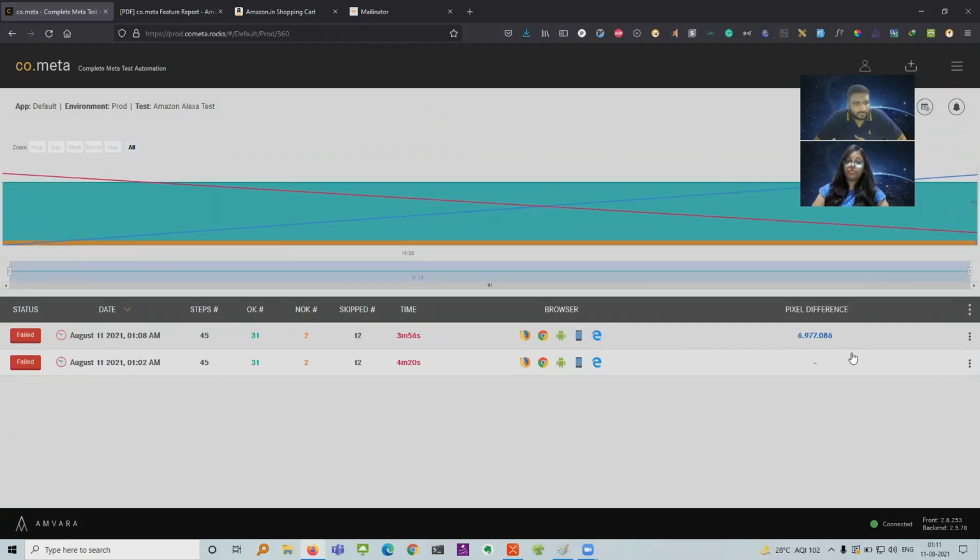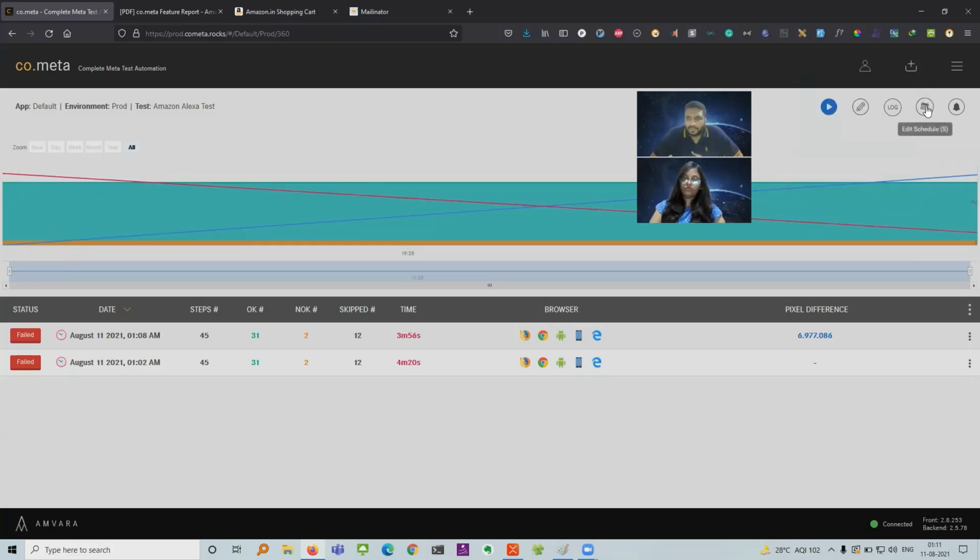And that is the graphical representation of your test run. Yes, so you see all, first run and second run, how the pixel differences are increasing over time, and what is the status of OK steps and not OK steps, and when they are coming. So you can see all of them here, and you can even, I guess, filter it on these different views. I think once you execute it more frequently, you get all the other options also opened up. So I guess right now I just set it up for 2 tests back to back, so we get only an all option, but yeah, you can even customize it.